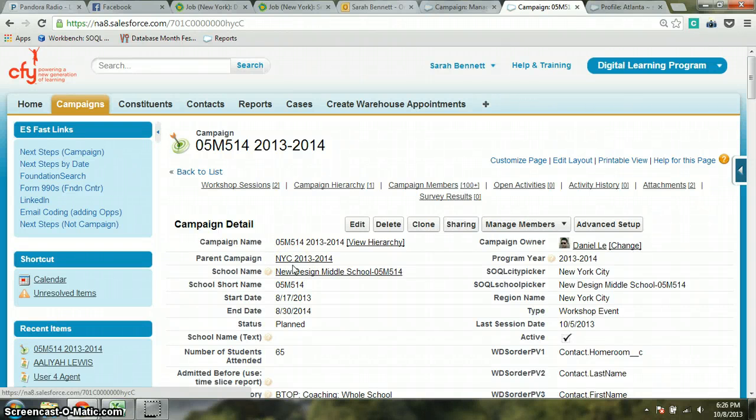Hey, today we're going to talk about how to edit campaign members. So there's two ways to edit the campaign member. The first way that we're going to talk about is directly through the campaign. So today we've discovered that we have the new middle schools, their campaign for